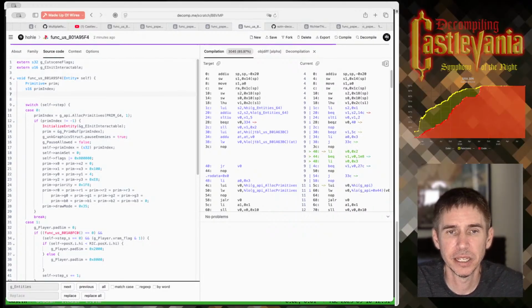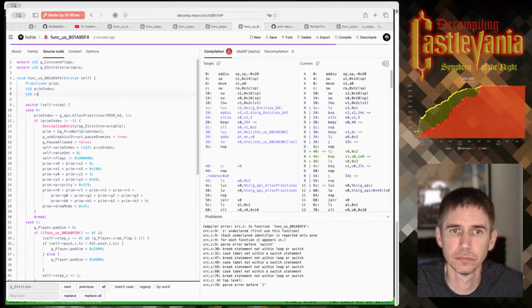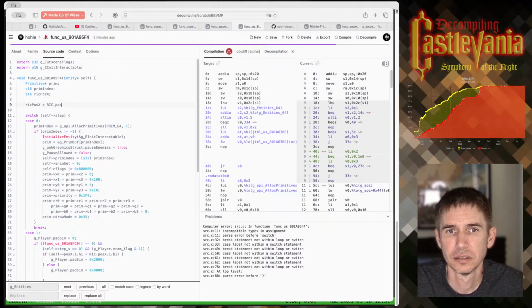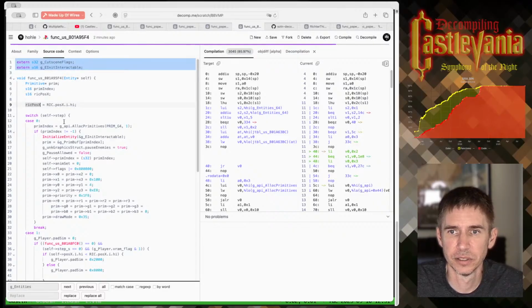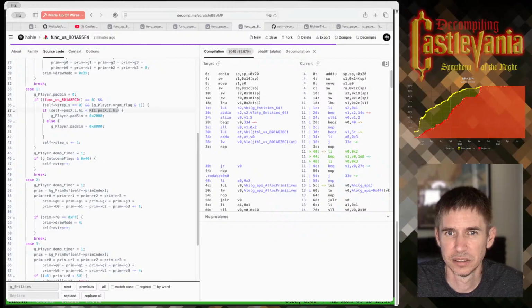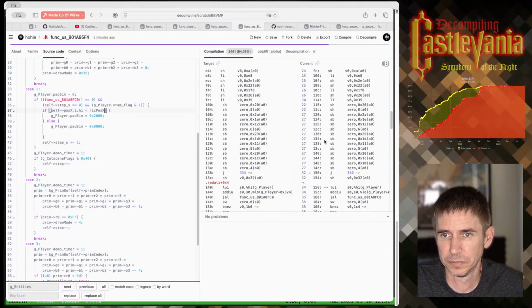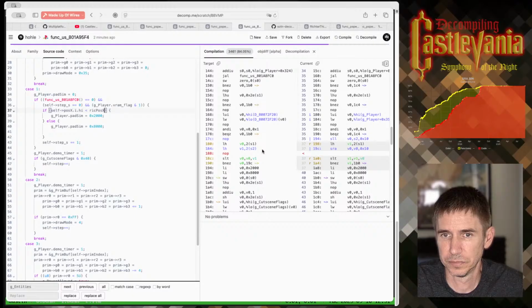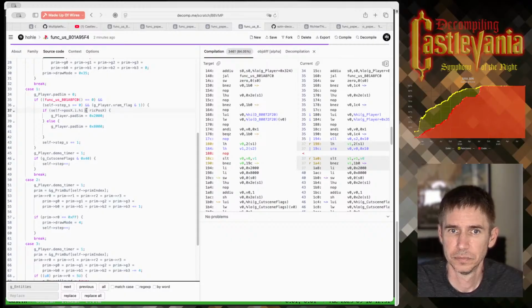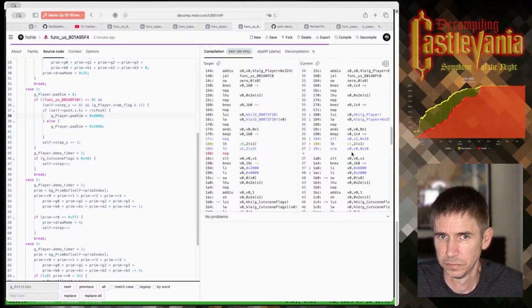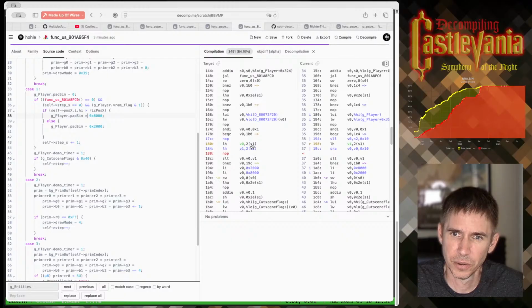So I'm gonna make a variable for that. It's not common that this happens, but it does appear that this is what is happening. No, it's not.